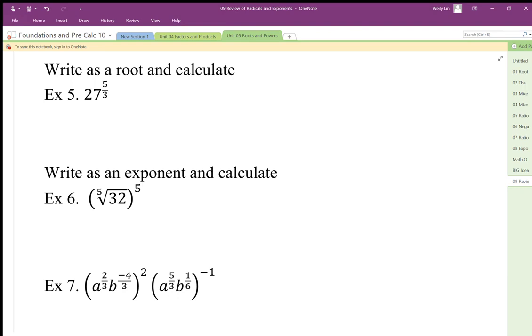So our radicals or roots can be shown as exponents and vice versa. We can convert this exponential expression into a radical expression. And we know that the denominator is the root and the numerator represents the power. And since roots and powers have no priority, it doesn't really matter if the power is on the outside or inside. So here I have my 27,